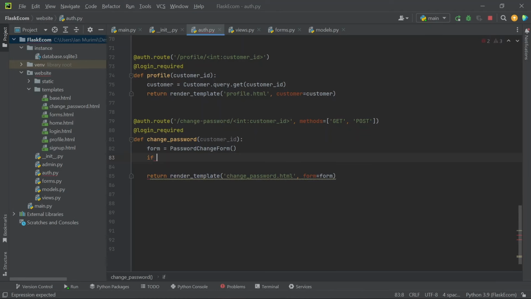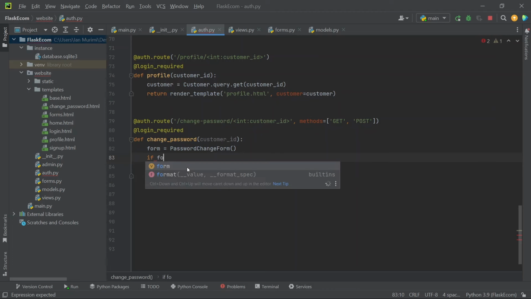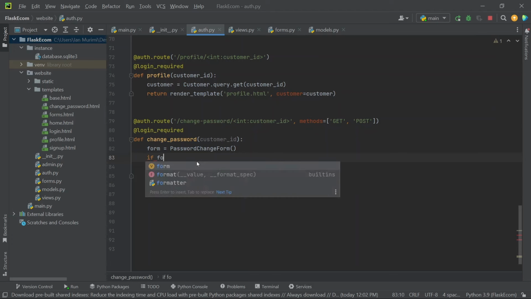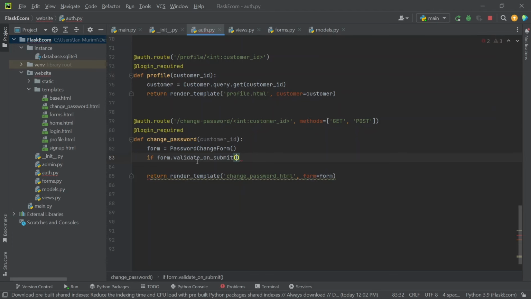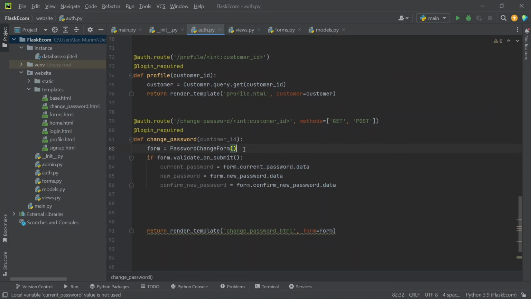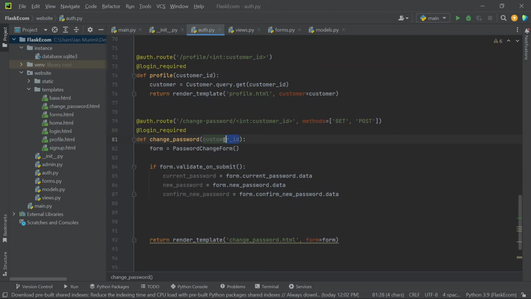We're going to check if the data submitted by the user is valid. So if form.validate_on_submit, we're going to collect the current password, the new password, and the confirm new password field. And then before we can change this password, we need to verify that the current password provided by the user is actually correct. And to do that, we'll first have to query the database and get the particular instance of this customer. So the customer will be equals to